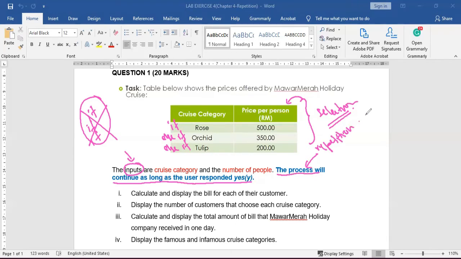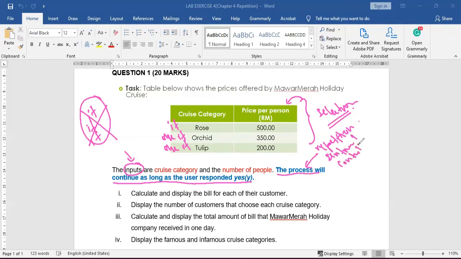So you kena tahu kita ada dua jenis repetition. First we have the counter control loop and second is the sentinel control loop. Okay, apa beza dua ni? Counter control loop, we know exactly how many times we want to repeat the repetition. So ada tak dalam ni dia bagi tahu repeat this process for 100 customer? Tak kan? Dia cakap yes. Okay, dia maksudnya selagi user letakkan yes, dia akan repeat. Bila nilai itu datang daripada user yang control repetition tu, terus stuck dalam kepala awak, soalan ni jenis sentinel